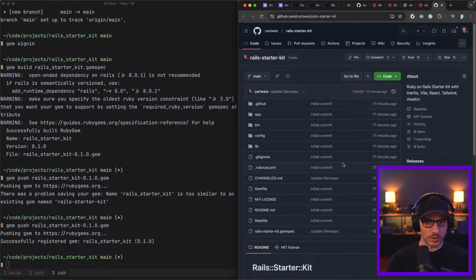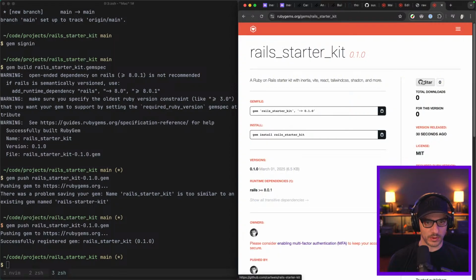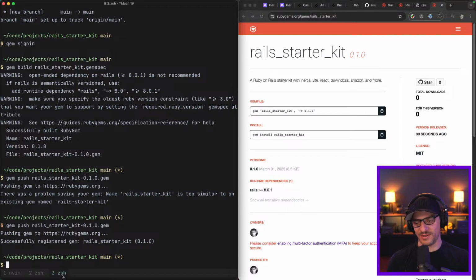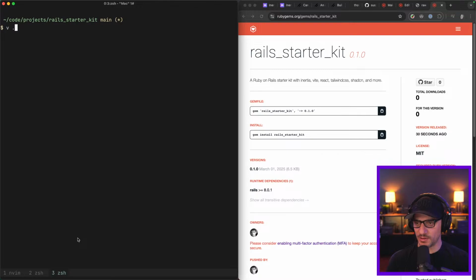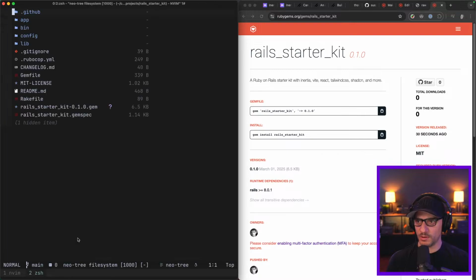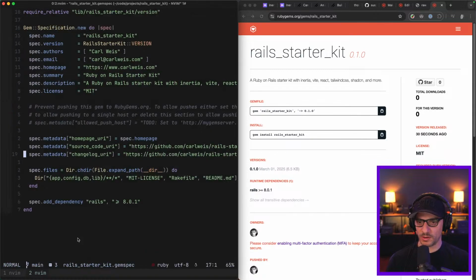Keep that, we'll keep that. Okay, so that goes to... Wait, does that link to the wrong repo? Oh yeah, because we just copied in the... That's fine, let's update that. Let's go to here, get rid of that. Jump back in here into the gem spec, and then